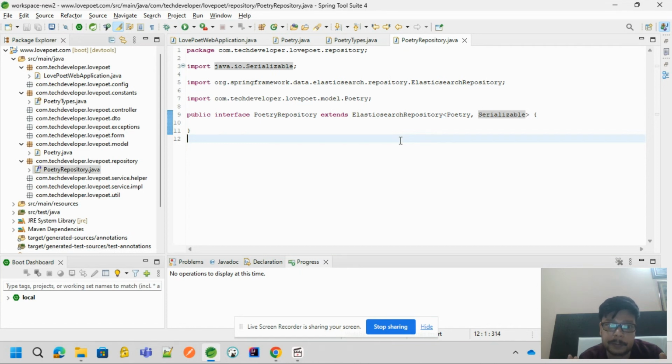If you followed my earlier videos where I worked with Postgres and JPA, we were extending the JPA repository. Similarly for Elasticsearch, Spring Boot gives us the feature called Elasticsearch repository, which is similar to the JPA repository, but it does the same with the Elasticsearch database.